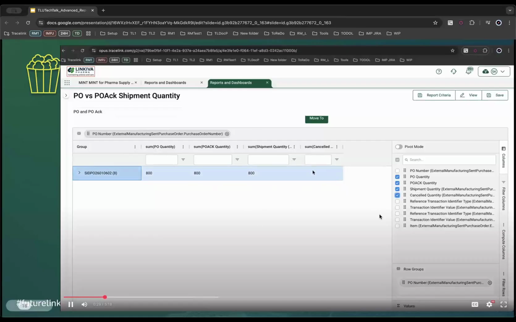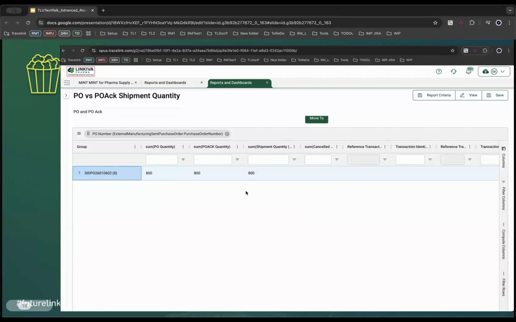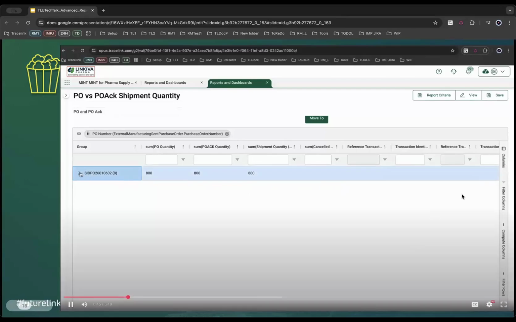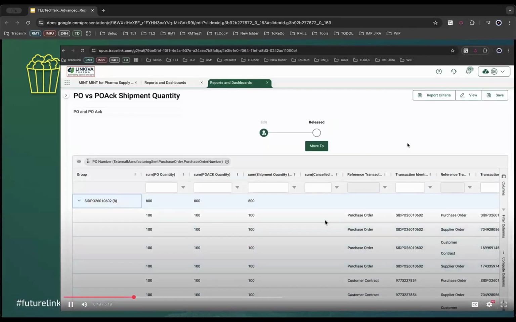Then I have some extra columns, transaction identifier type and transaction identifier value from purchase order, and the same 2 columns from purchase order acknowledgement, reference transaction identifier type and transaction identifier value. And at last, I have an item column from purchase order acknowledgement. So if I select all these columns and execute the report and I expand the group, you can see there